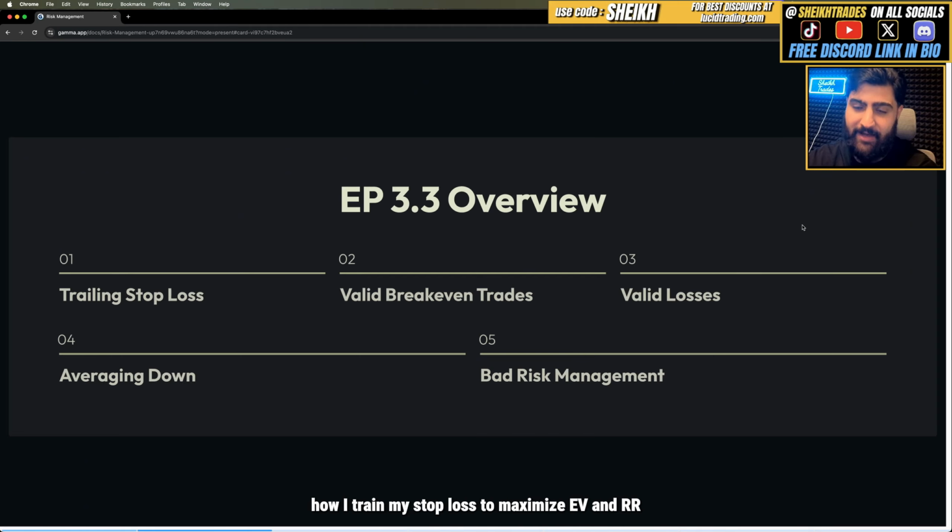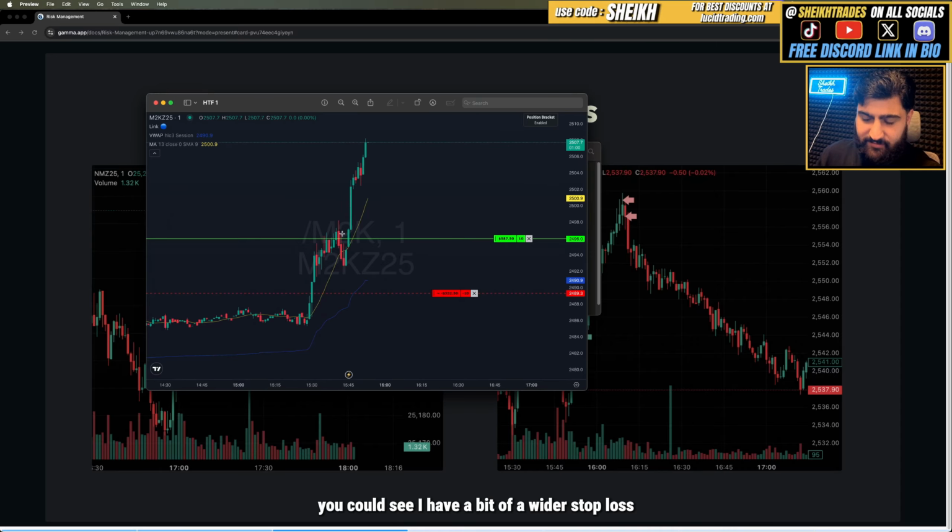As I said, I already went over why I exited this trade in episode 3.2, but you could see I'm trailing my stop loss efficiently to milk the most out of this trade. Then you've got a higher time frame play. You could see I have a bit of a wider stop loss. I entered this trade and my original stop loss was here. And as the trade was working in my favor, I was decreasing my stop loss,